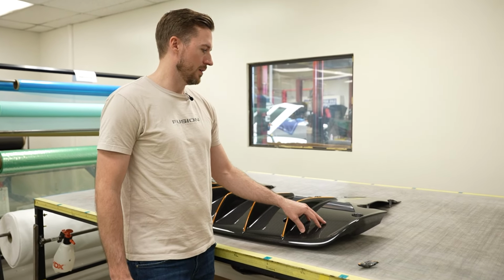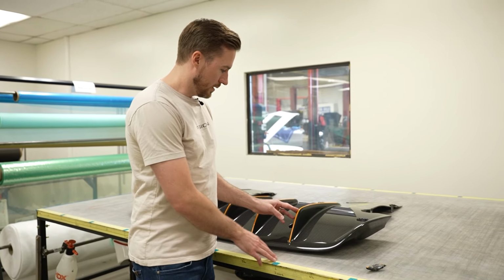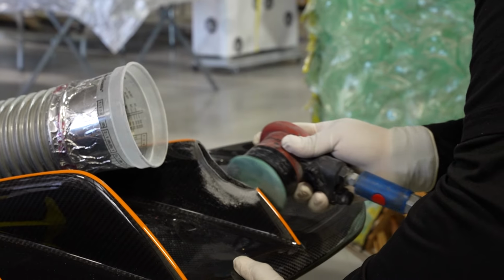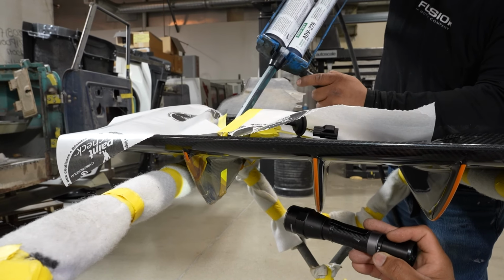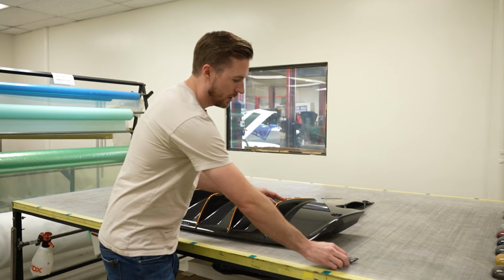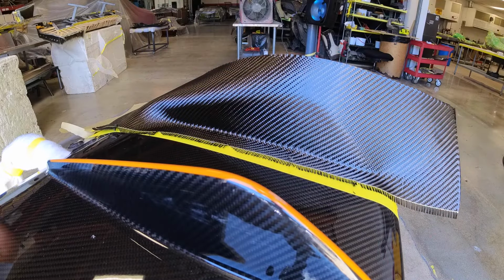A lot of these parts on a McLaren or a Ferrari can be very expensive, so it makes more sense to repair this than it does to buy a new one. So on this, getting into the process, first they cut out the damaged section. And then they'll build it up with an adhesive, like a panel bond, and they'll sand that down into shape. So you can imagine if this corner's missing, they would build that up and then make sure the shape perfectly matched. Then they'll have to lay carbon fiber over that,